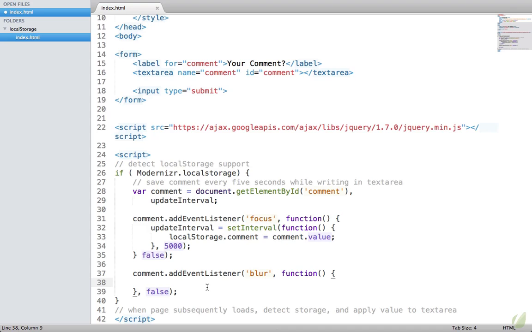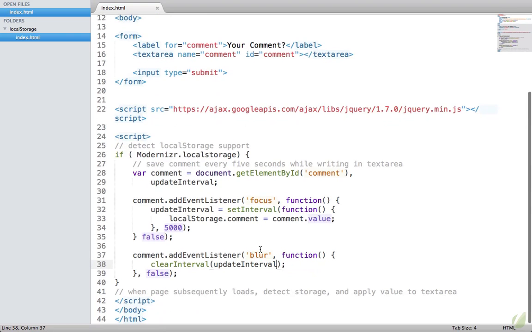Now, when they blur off of it, let's clear interval. And clear interval needs to know a reference. Which interval are we referring to? We called ours update interval. There we go. So now the next step is when the page subsequently loads, detect storage and apply the value